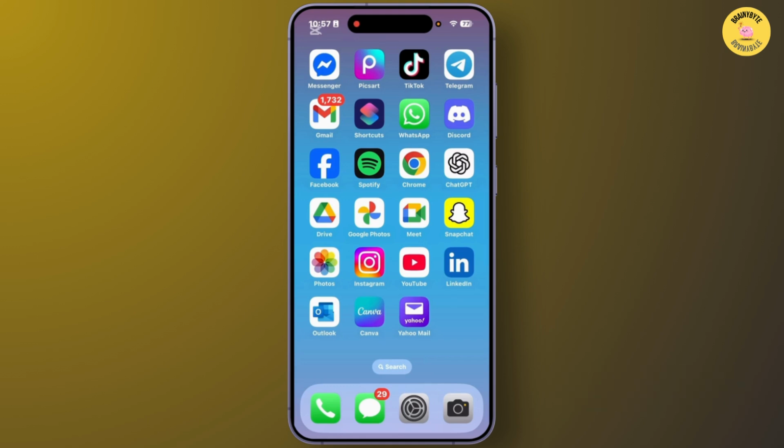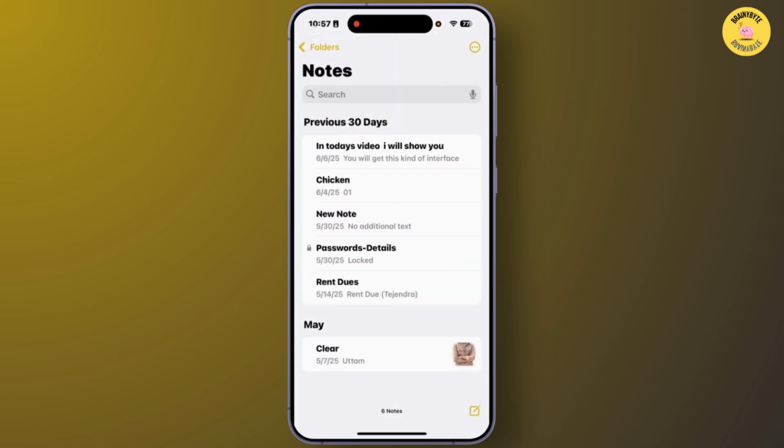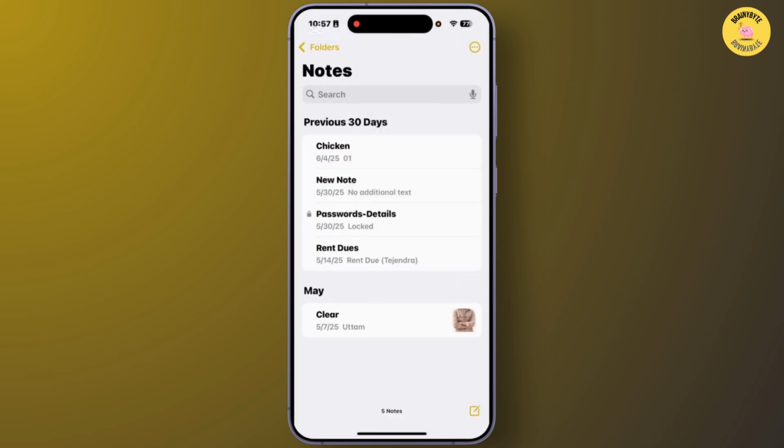So let's get started. First, you have to open Notes on your iPhone. Alright, after you open Notes, you'll get this type of interface. I will show you how to recover it as I first delete this note from my notes. Alright, tap on delete. Okay, after you delete some notes on your iPhone, to recover that, you'll have to just